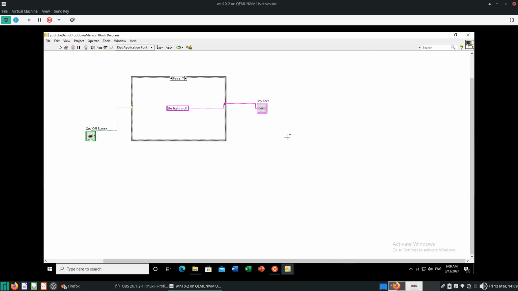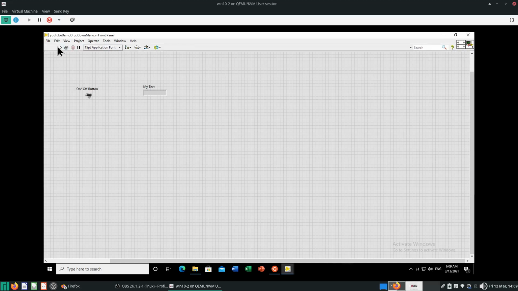So this is the basic way of using a case structure. You can trigger different sets of code. So now I'm just using a string. Very easy. Okay, so let's play this thing. So now it's in the off position, so the light is off. So if I switch it around,